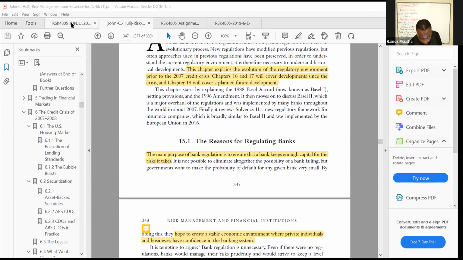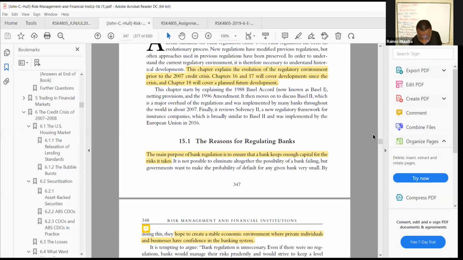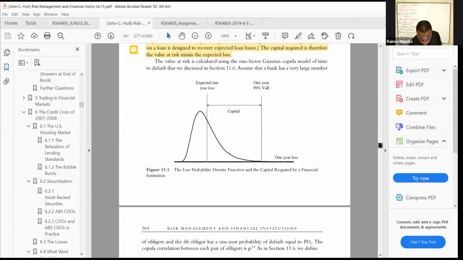Then on the next question, they say, discuss the 4 key principles of the Pillar 2 under Basel II, and you get your answer from page 370 of the textbook. If you look at page 370 of the textbook,